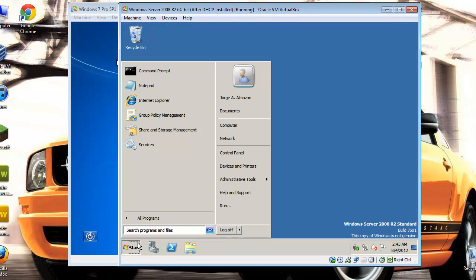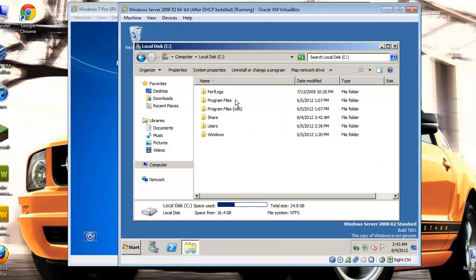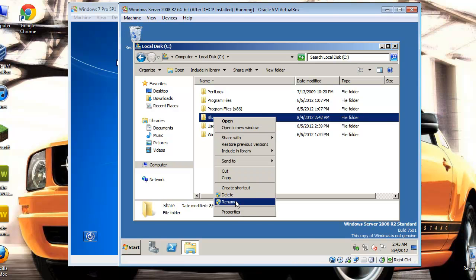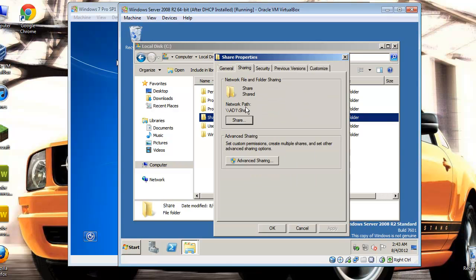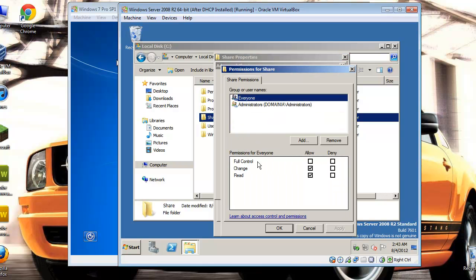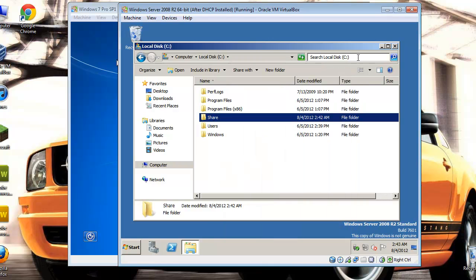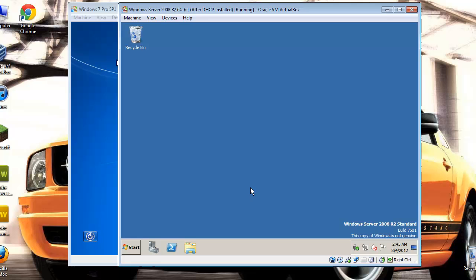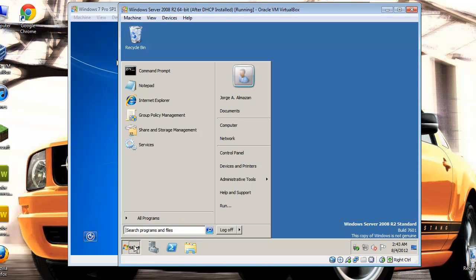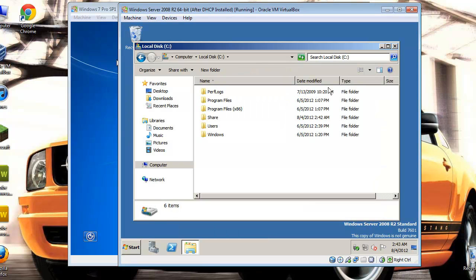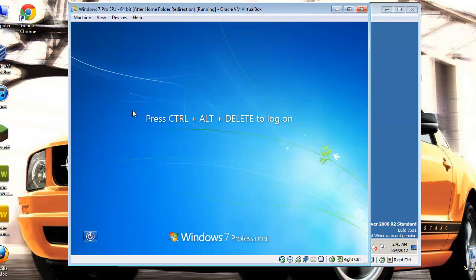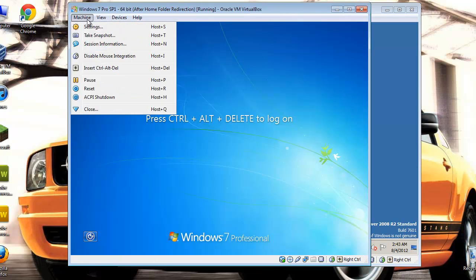And essentially what that did is it made a folder in the C drive that's already pre-shared. So if I were to go to the C drive, check the shares, check the permissions, you see everyone here has change and read, and administrators have full control. So it's already preset for us, which is cool. So now, why would I want to do this? You'll see that right now it's on the server. However, if we go over to the clients here,